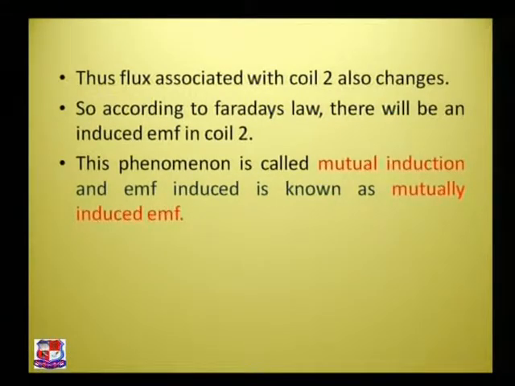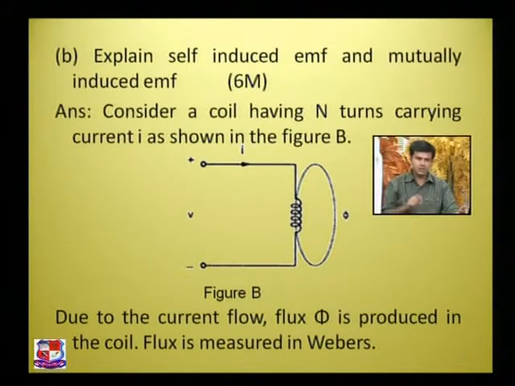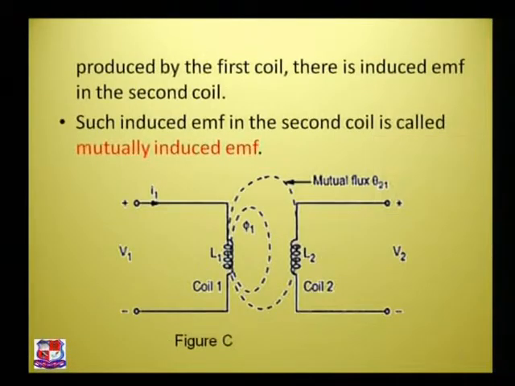If there is only one coil, and because of the voltage and current flow, a flux is produced in the coil, and if the current flowing through the coil changes, the flux linkages change as well. If the flux produced links with the coil itself, that phenomenon is known as self-induced EMF. And if we have two coils, and because of the first coil the flux is changing, and some part of that flux links with the second coil, that phenomenon is known as mutually induced EMF. So in mutually induced EMF we have two coils, whereas in self-induced EMF we have only one coil.